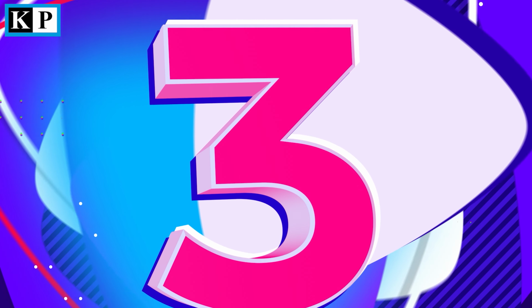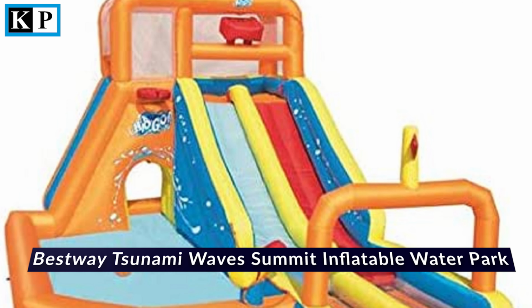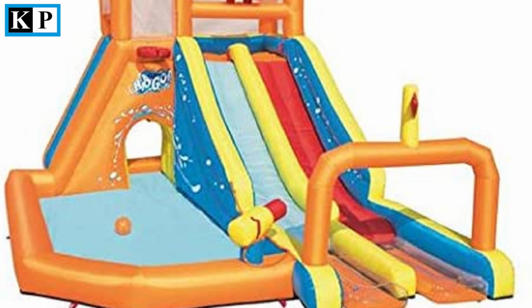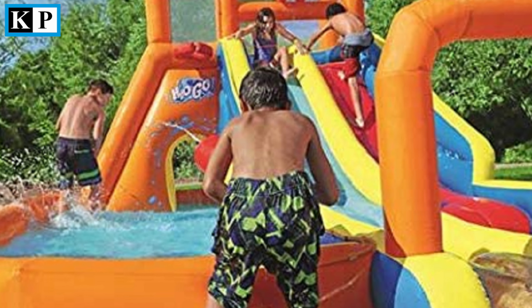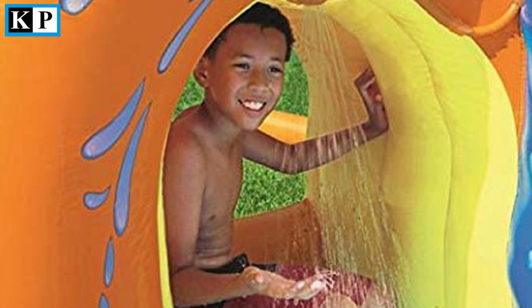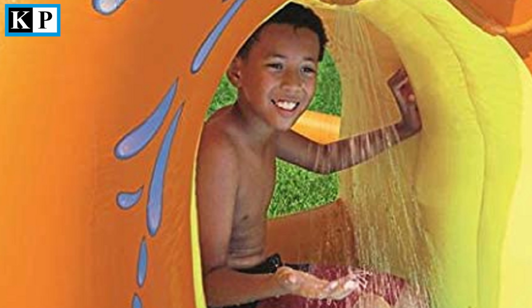Number 3. Bestway Tsunami Wave Summit Inflatable Water Park. Jam-packed with features, the Bestway Tsunami Wave Summit Inflatable Water Park will provide hours of fun for your kids. The dual slide feature lets kids race each other, while the splash pool area features a basketball hoop, waterfall tunnel, and water cannon. Added to the fun, a dump bucket at the top drops water to keep the slide wet and extra slippery. The Bestway Tsunami Wave Summit is suitable for kids aged 3 months to 8 years and is